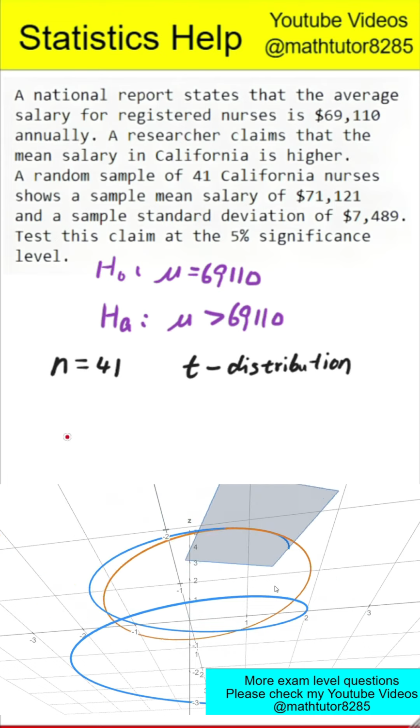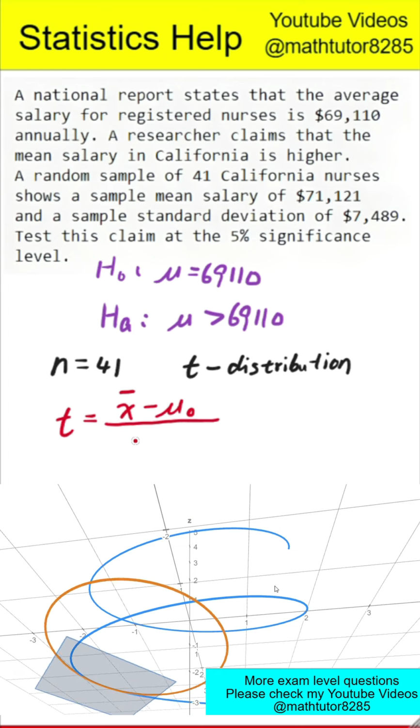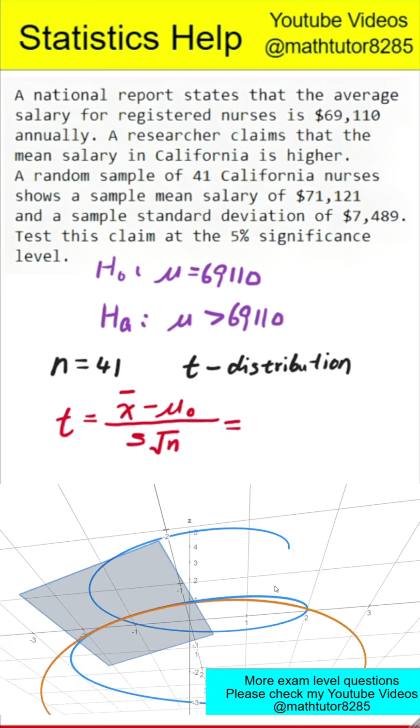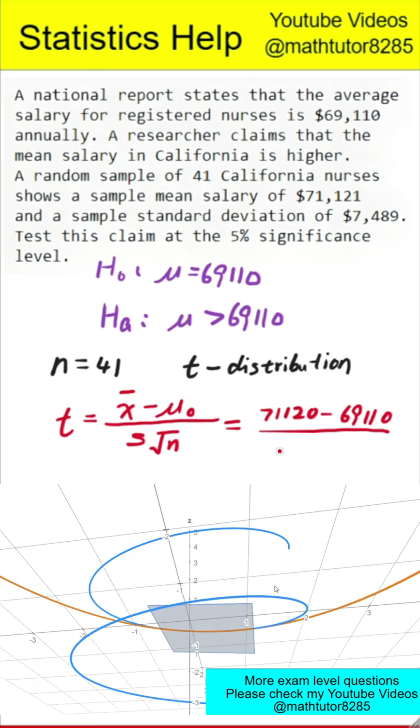Next step is calculating the test statistic. We compute the t-score using the formula. Sample mean minus population mean, divided by the sample standard deviation over the square root of the sample size. Plugging in the numbers,